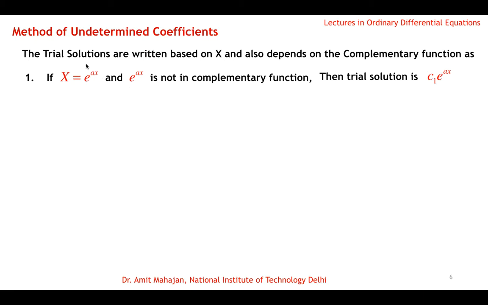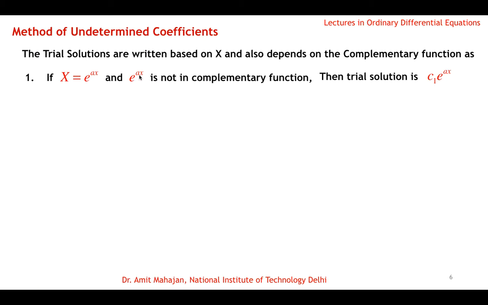That means this capital X is e power ax, and e power ax is not in the complementary function. Then the trial solution we can write as c1 e power ax, a constant times e power ax. So if the right hand side capital X is an exponential function, then we write in the trial solution an exponential function multiplied by a constant, provided that this exponential function is not present in the complementary